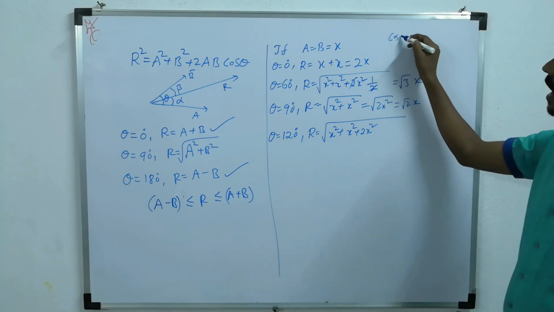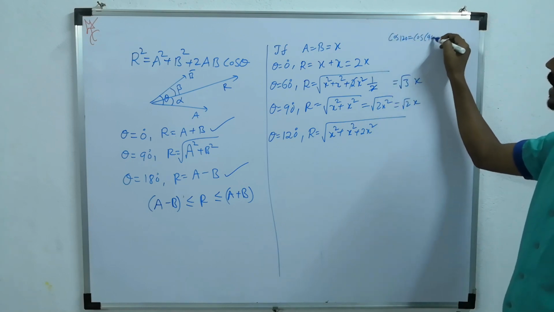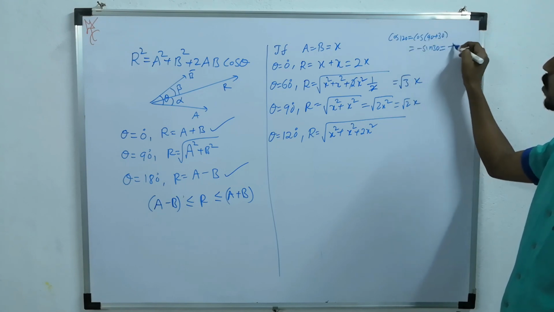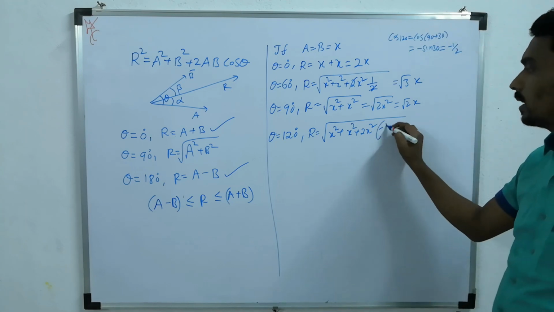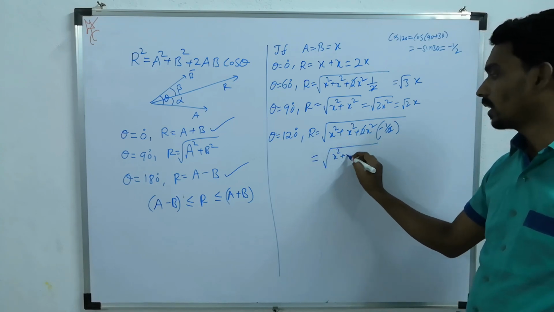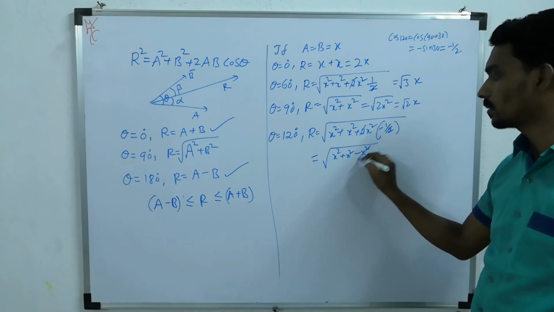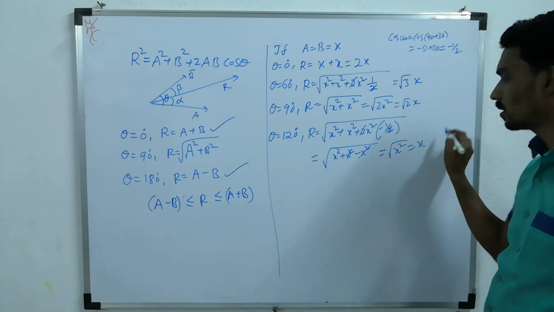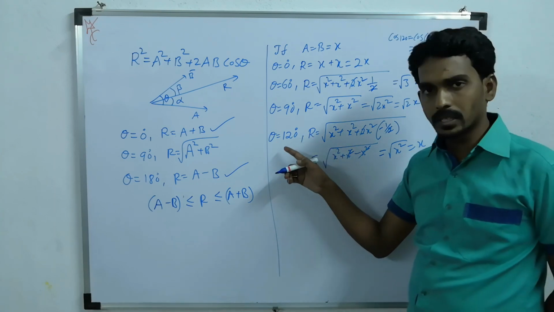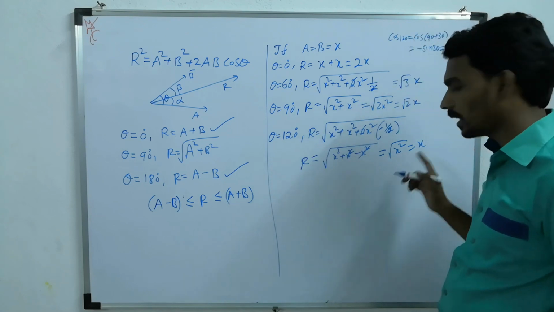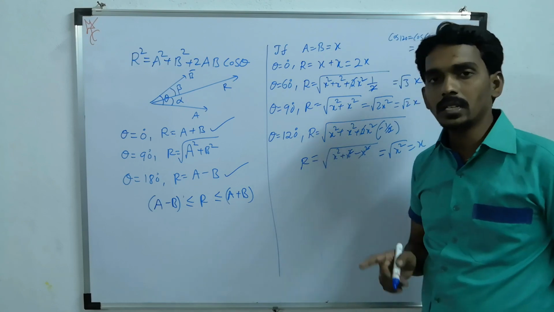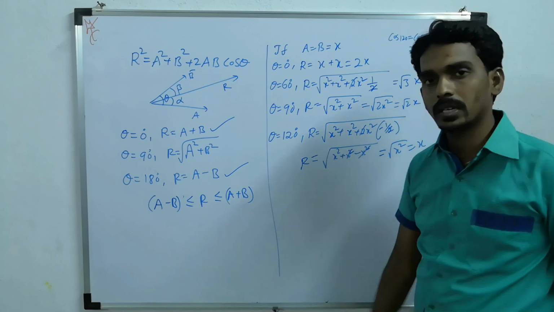Here I am writing cos 120 as cos of 90 plus 30. Cos of 90 plus theta is minus sin theta. So minus 1 by 2. The 2 cancels. So under root x square plus x square, minus into plus is minus. So under root x square, how much? x. So this is the resultant. So if two equal vectors are at 120 degrees, then the resultant is of the same magnitude as either one. This also we take because in the case of an equilateral triangle, this 120 will come.